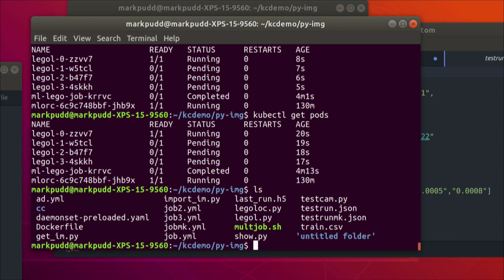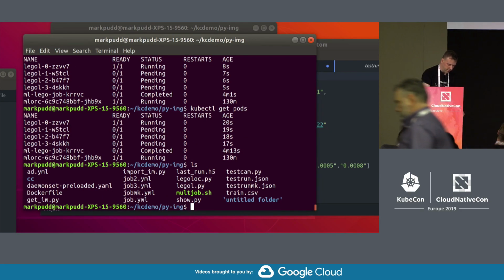So it's running. All right. Well, we'll see if we can detect this as Lego. I'm not sure what number this is because I can't find the normal one I would do. And it's a little bit dark, so I'm not sure if this is going to work. Okay, so we've got the weights downloaded there somewhere. The last run H5. So we'll run